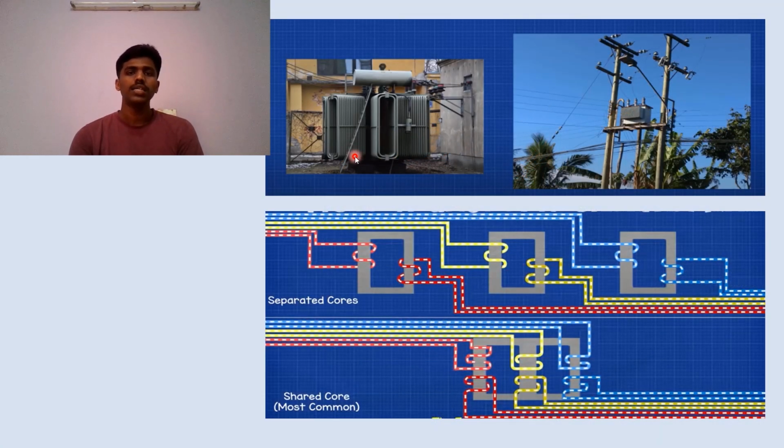And the electricity which we use for industrial and commercial purposes is often in three phase, as you can look in this figure. So this three phase can be constructed by using three separate transformers which are wired together as shown in here. And this can also be done within a single core as shown in here, where the three phases will share the core.